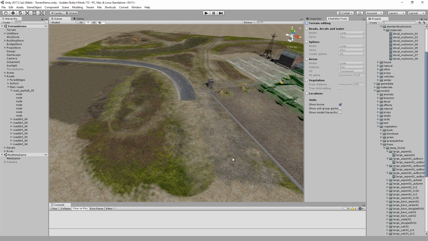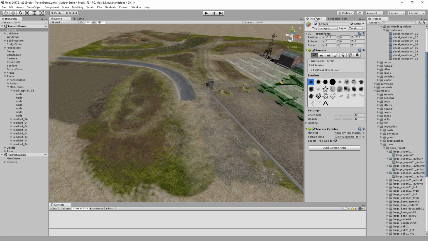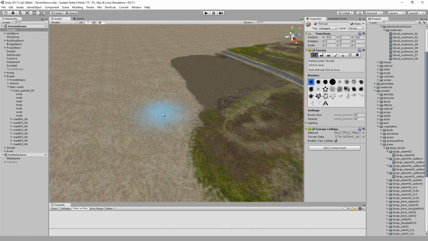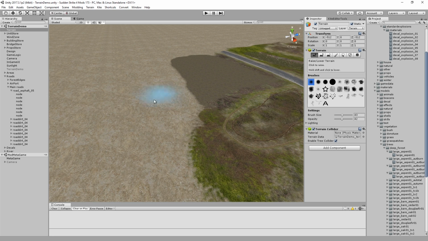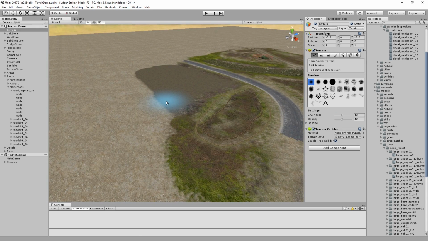Sudden Strike 4 and its mods use the standard built-in Unity terrain, so if you are familiar with how to build and edit Unity terrain and use its tools, then you can safely skip this part of the tutorial. You can access the standard terrain editing tool by selecting terrain and checking out its inspector. Make sure to enable terrain editing, which is usually useful to be turned off in order to prevent accidental selection